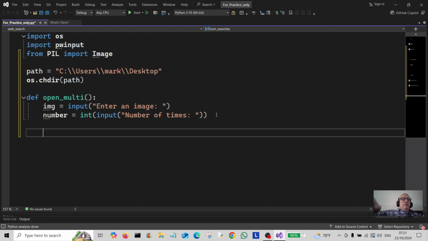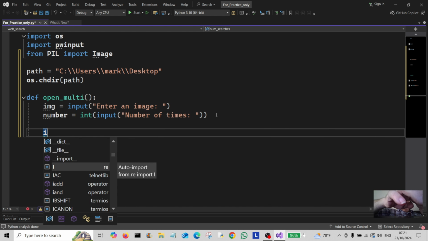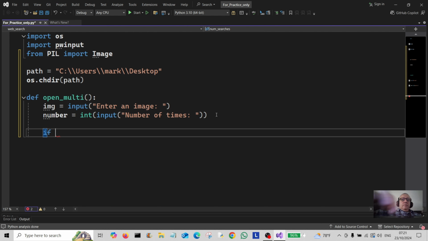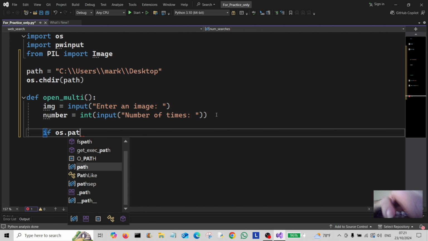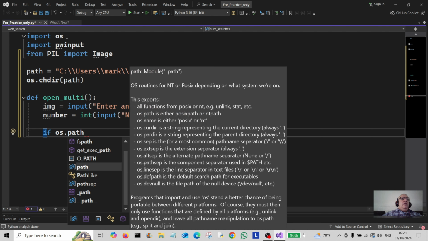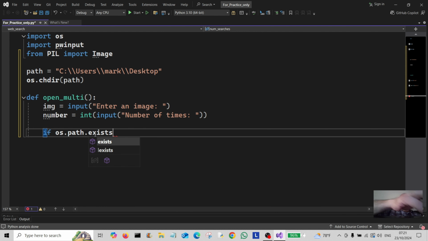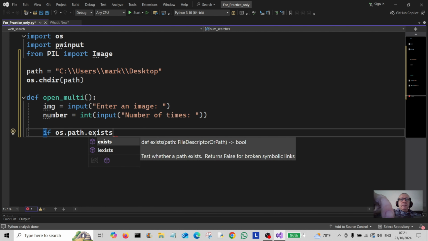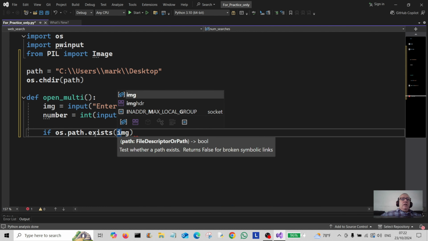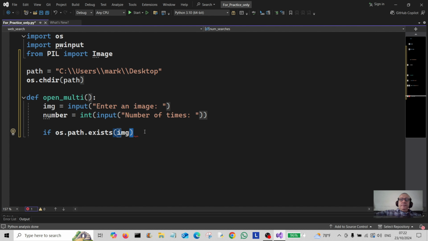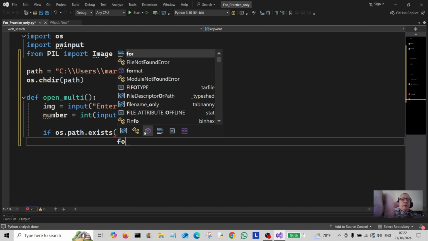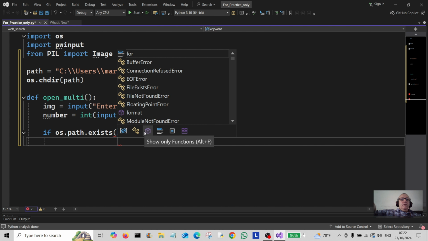Alright, we're going to go on to a conditional here. So if os.path, and before you do that you're going to need to import the os module here or else it won't work. If os.path.exists, so if this image exists, which is going to be img that you've already typed in,